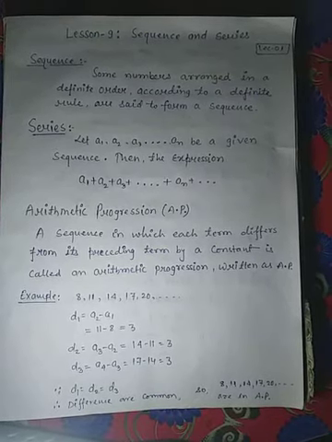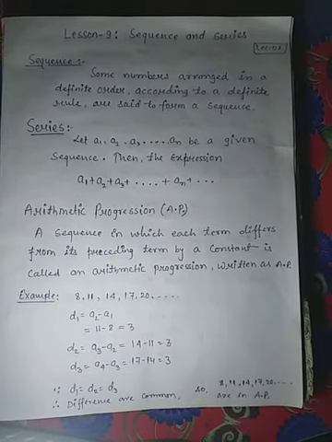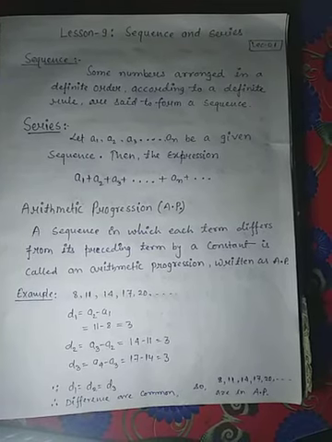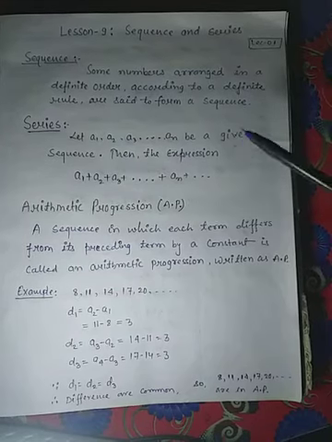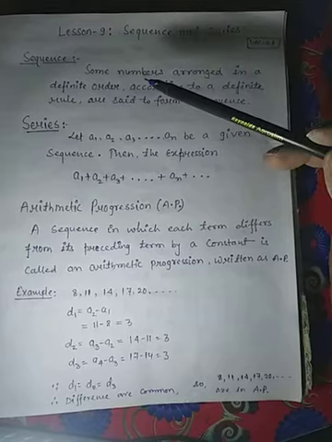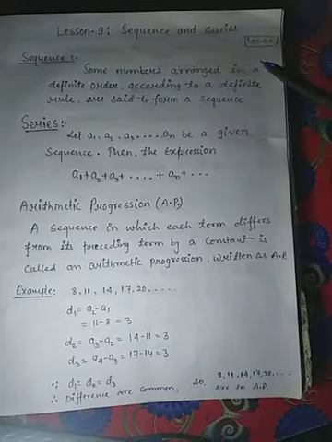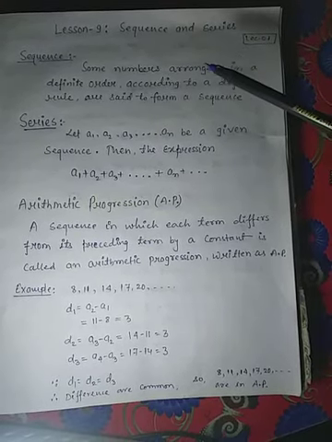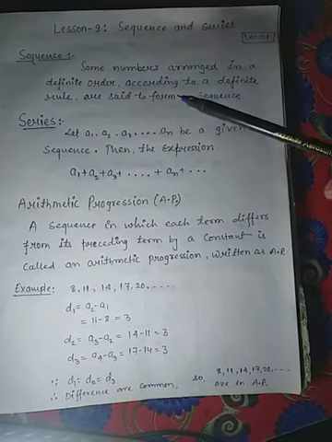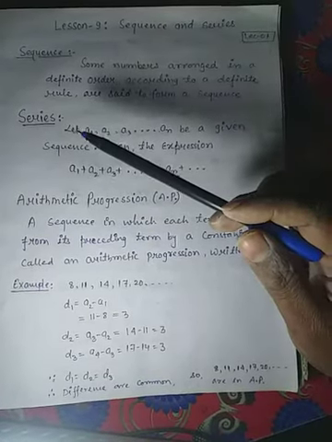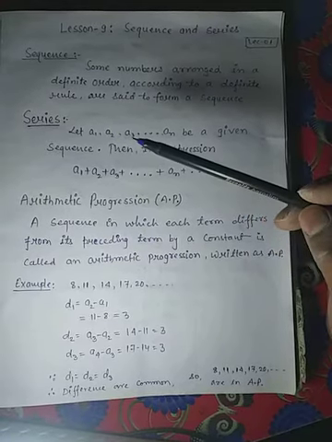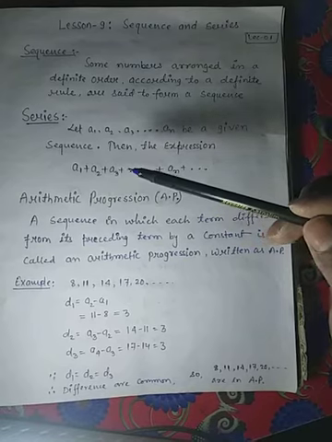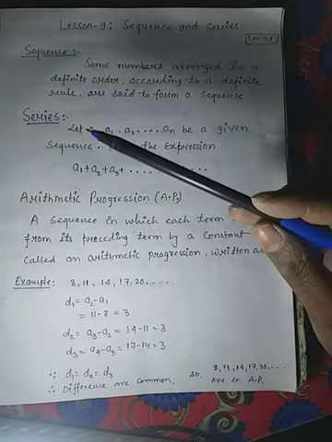डियर स्टूडेंट, आज हम डिस्कस करेंगे क्लास 11th लेसन 9 सीक्वेंस एंड सीरीज लेक्चर 1। आज का टॉपिक है अरिथमेटिक प्रोग्रेशन। उससे पहले हम देखेंगे सीक्वेंस कहते किसे हैं। सम नंबर्स अरेंज्ड इन ए डेफिनिट ऑर्डर according to a definite rule are said to form a sequence। नंबर्स की अरेंजमेंट इन डेफिनेट ऑर्डर और अकॉर्डिंग टू ए डेफिनेट रूल जो एक सीक्वेंस को फॉर्म करता है। सेकंड है हमारा सीरीज किसे कहते हैं। Let A1, A2, A3 up to AN be sequence, then the expression A1 plus A2 plus A3 plus AN is known as series।